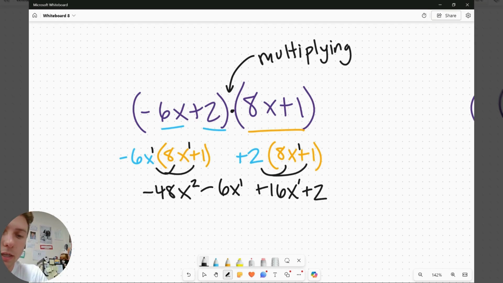If there's anything you can combine, any like terms, things that have the same variable, same exponent. In this case, we have x to the first on both those middle terms. So negative 6 plus 16 gives us 10. When you combine like terms, one thing to note: the only thing that changes is